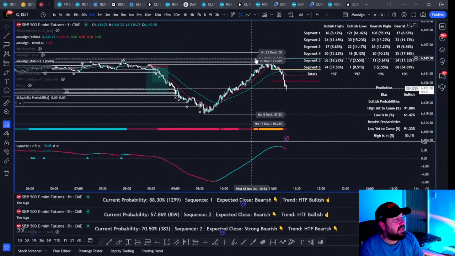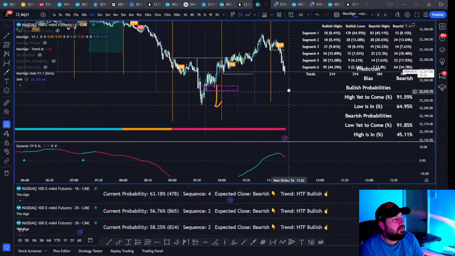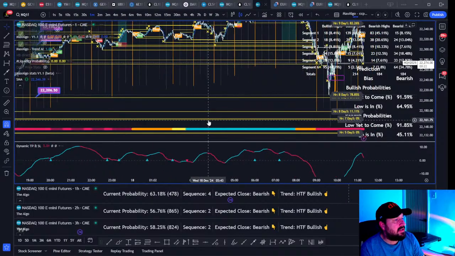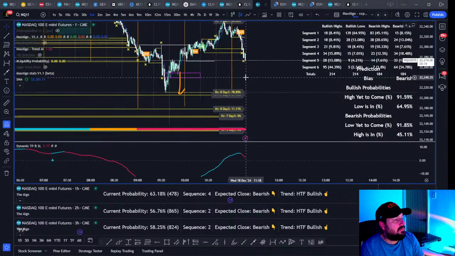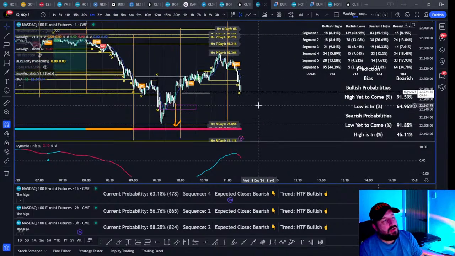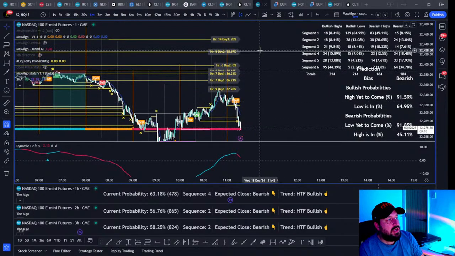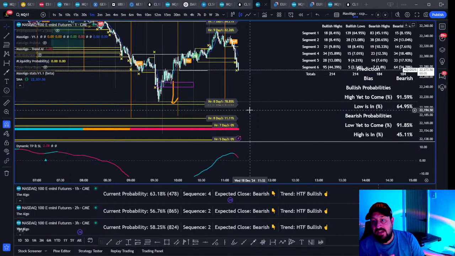So ES tapped that liquidity, it made it up, and now we're coming back down. We got our liquidity levels, right? We hadn't quite taken this level yet, so we've come down, fiddled about. Could be the point now we just come down and take this level. When we were looking at the inside bar, remember? The probability was that we don't take this high, we're more likely to carry on bearish, because yesterday was an inside bar on the daily.